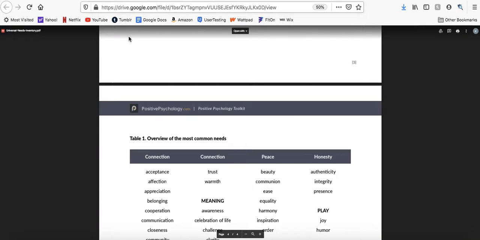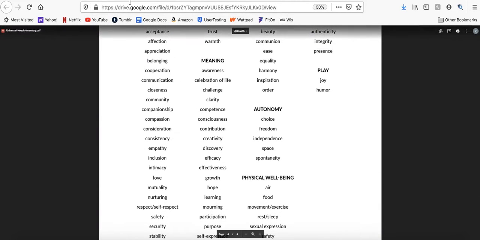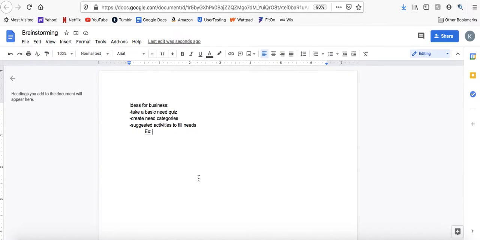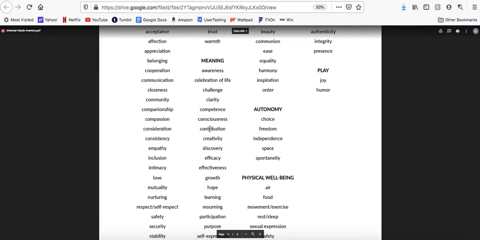I see a lot of communication, cooperation, companionship, compassion, that kind of thing on here. So the activities to fill those kind of needs would be things like social events. And maybe it could pull social events in your area. That way you can see, oh, there is a couples cooking class, and I feel like there's not enough companionship between me and my partner. I feel like that needs to grow, and that shows on your categories, or you selected it. A lot of spontaneity could also go from that. Different types of social events, different things like that.